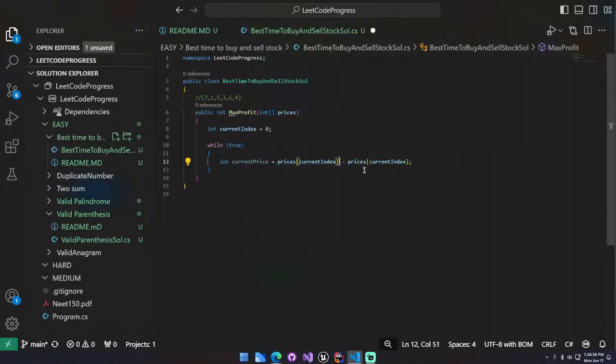What if we do this? Current minus plus 1. What does this mean? This means that we are buying it at this 7 and selling it at 1. 7 minus 1, 6. Okay, yeah, this is not right. This has to be this way, yeah. So we are doing 1 minus 7, which means that we are buying at